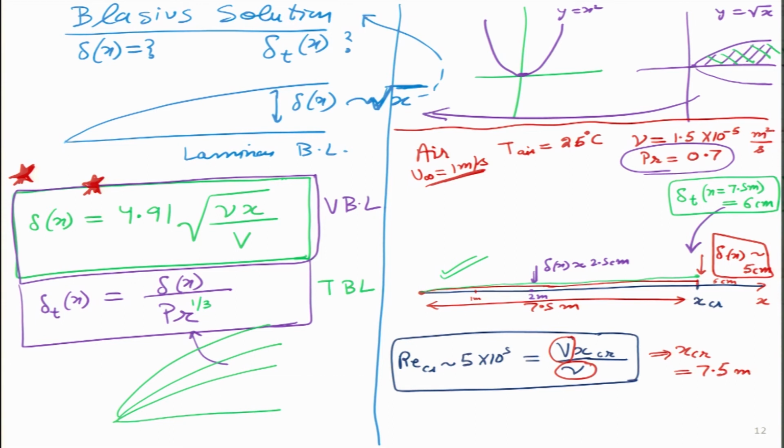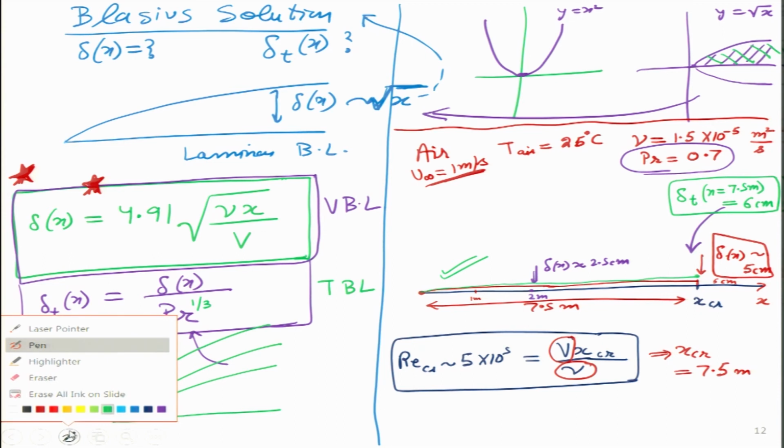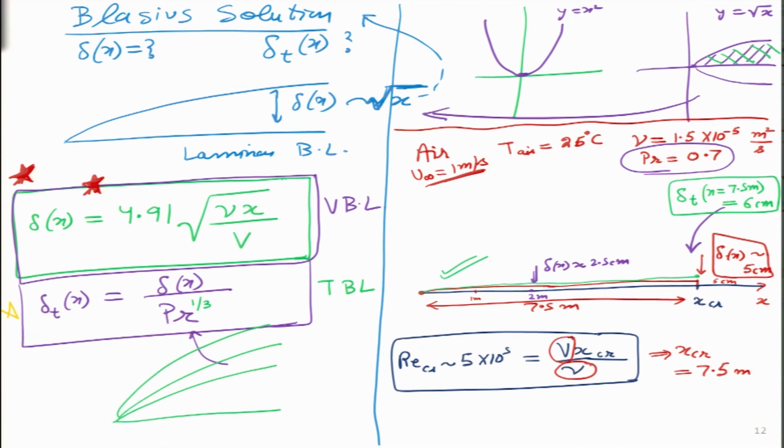So two things we have been able to figure out of all those things which we had highlighted earlier in yellow, or those question marks: what is the boundary layer thickness for the velocity boundary layer and what is the thickness for the thermal boundary layer. What were the other parameters that we wanted to figure out? The other parameter we wanted to look at was how much force is exerted on that plate by the air. If the air is moving over here, because the plate is trying to slow down the air, the air is trying to pull the plate over there.